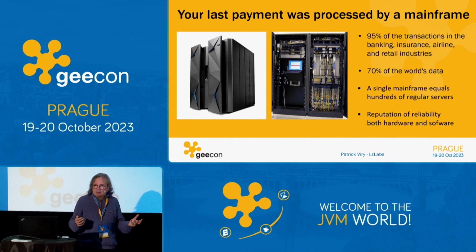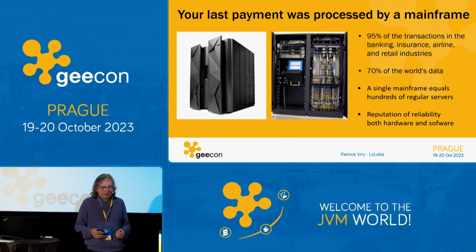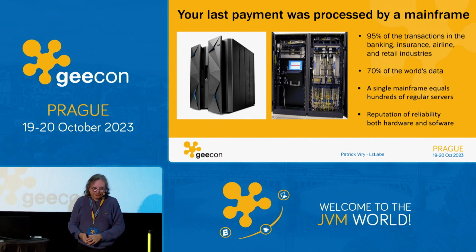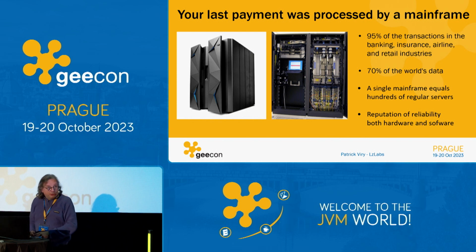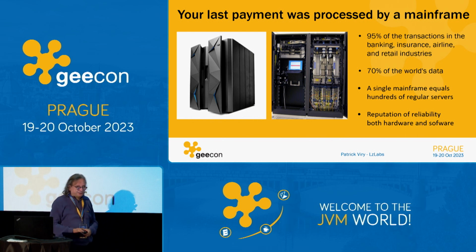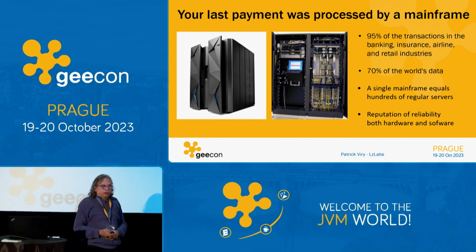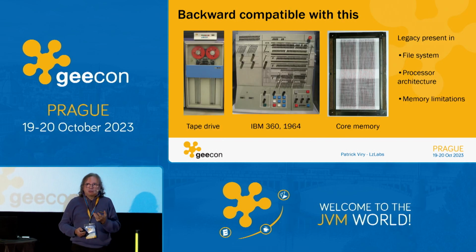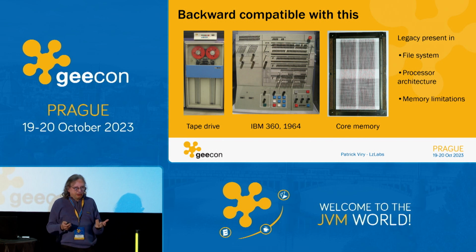So a mainframe is what you see on the picture here. It's built like a large fridge. It's very expensive. It's very powerful. It has a reputation of reliability. The thing you need to know in order to understand the peculiarity of mainframes is that they are backward compatible